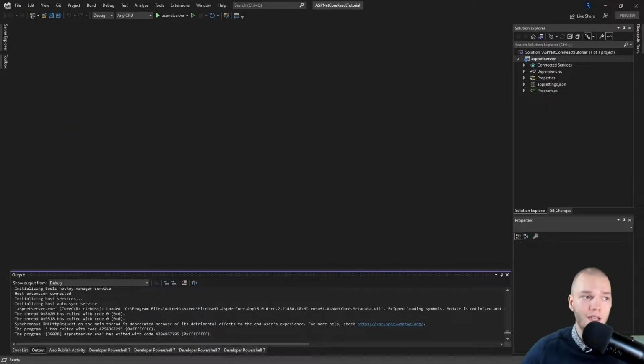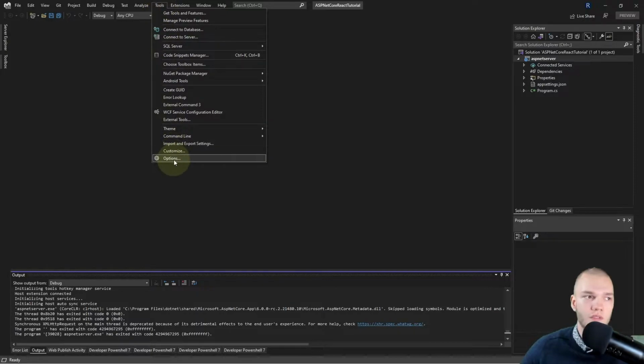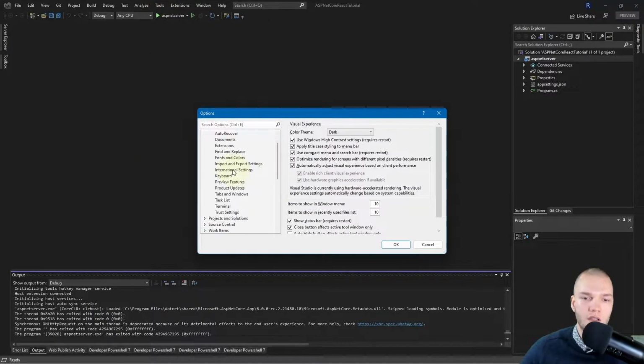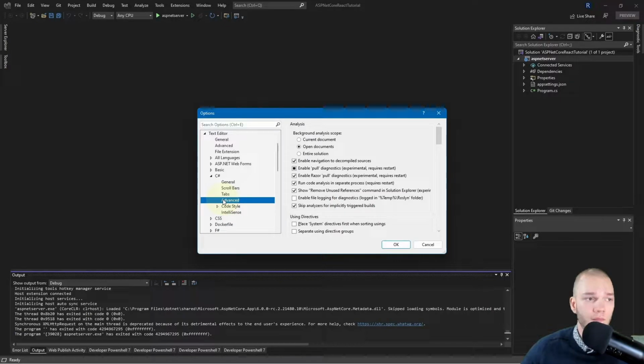But before we do that, I just want to show you how to enable a setting I have on, so that you're not wondering why my code looks a little different. I'm gonna go to Tools, Options, Text Editor, C#, Advanced.